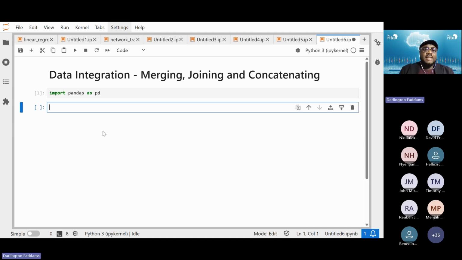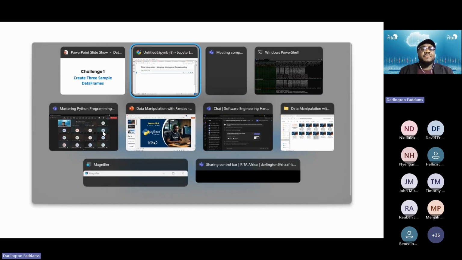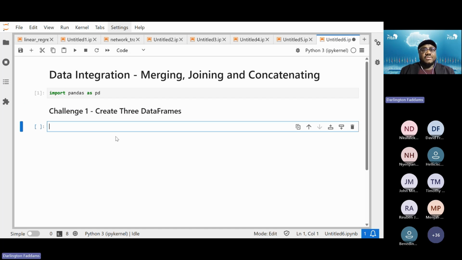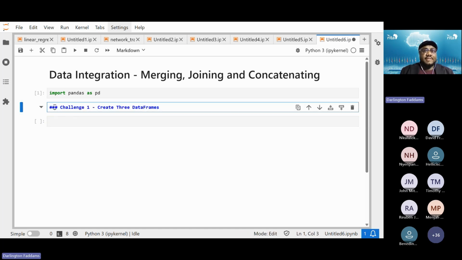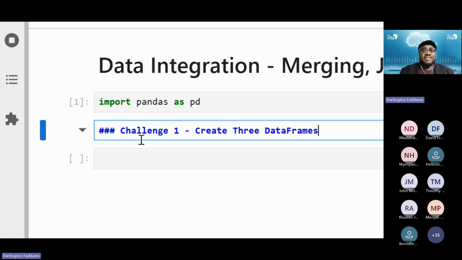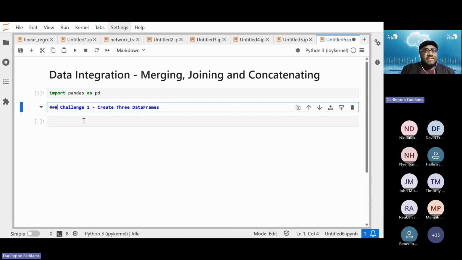So right now, let me create another markdown for challenge one. And challenge one says create 3 sample data frames. So I'm going to write a markdown actually, and I'll say challenge one, create 3 data frames. All right, so this I use heading 3. To make it heading 3, I use 3 hash symbols. If I want it to be heading 4, I'll make it 4 so that the size will be smaller. I think heading 3 is okay. Let me go back to heading 3